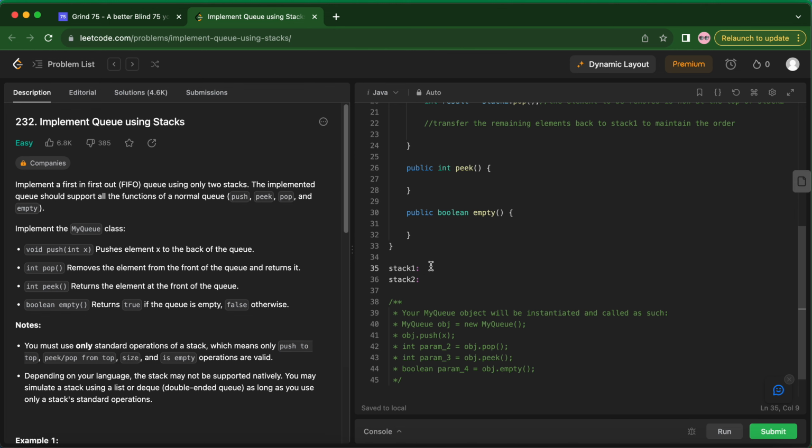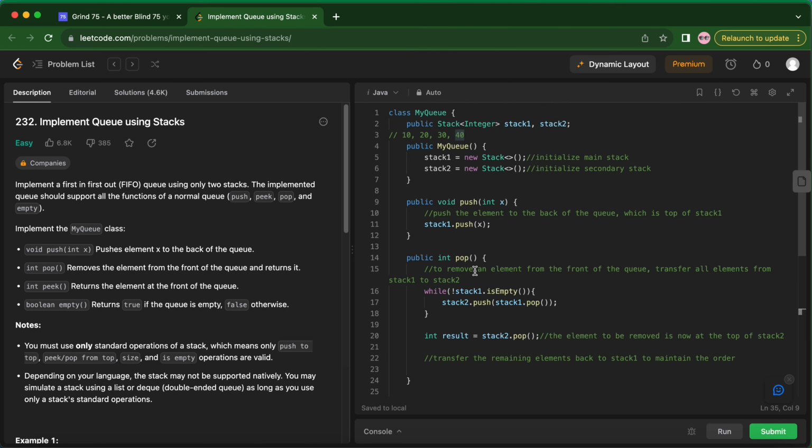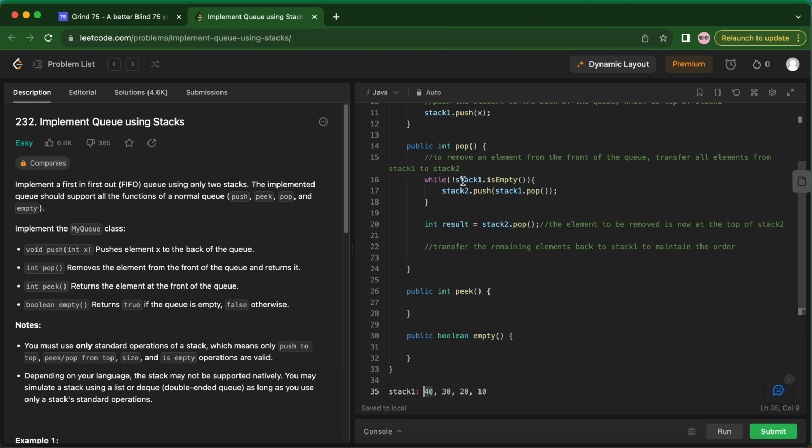After doing a push of all the elements, stack 1 would look like 10, then 20 gets inserted, then 30, then 40, and this is the head of the stack, that is the bottom. Now when we wanted to do a pop operation, we transferred all the elements